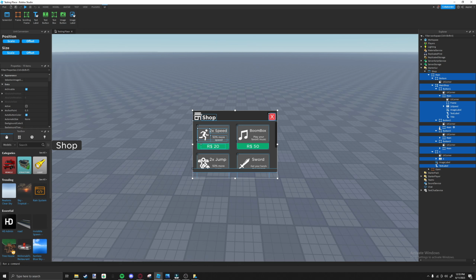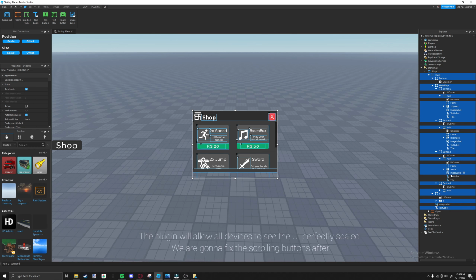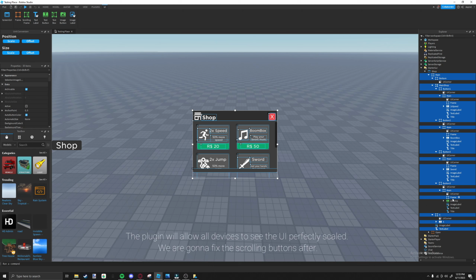You have to grab all the UI, the frames, except the UI corner because it's not really a screen UI. But grab mostly everything except the UI corners, images, and scripts. Don't grab the scripts. Once you have everything, click on scale